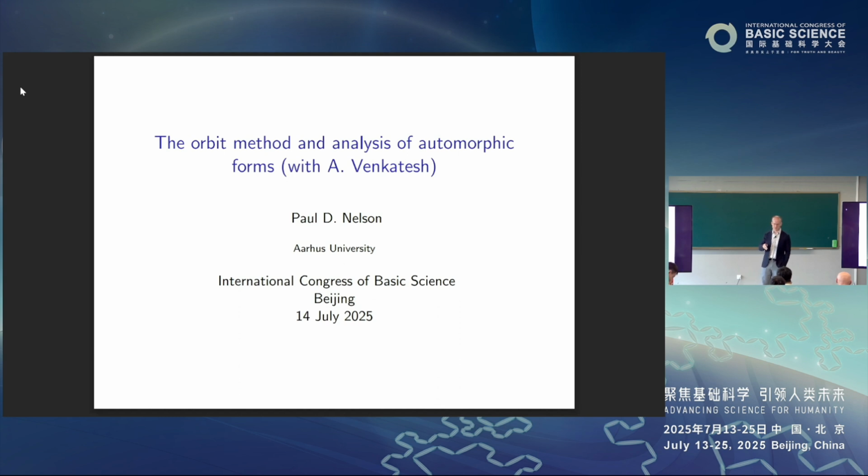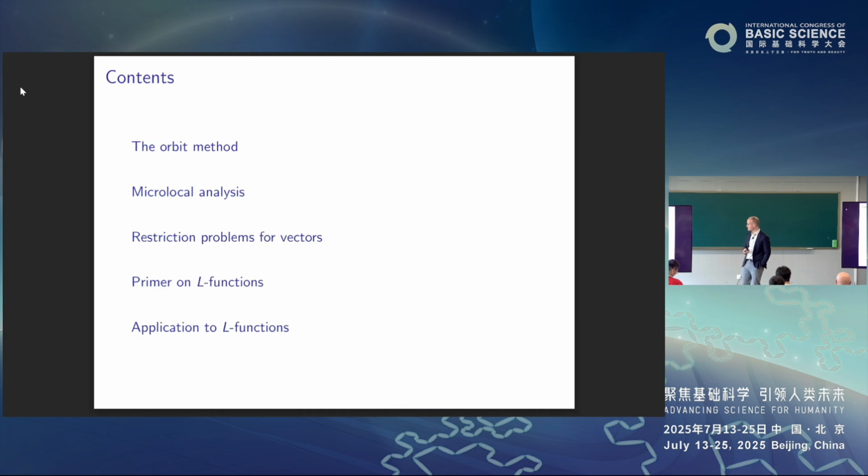So I thought I would focus on this occasion on that story, and then maybe at the very end, I'll just give a little hint about what's come after, if there's time. So we're going to present, since this is probably a pretty broad audience, the talk starting with the orbit method and saying a bit what that is classically and how it's imagined in our work. And then we'll go on later in the talk to the applications, which will involve automorphic forms and L functions. So to get started,